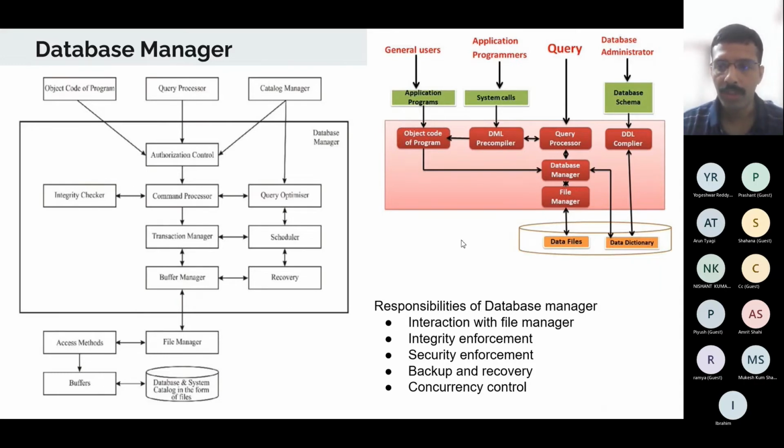Okay, one question from Nishant. In conceptual level, we see the records in the form of tables. Yes, Nishant. In the view level, we will see basically views, which have only the data that we want. In conceptual level, we are concerned about schema, so we will be seeing the records in the form of tables. And in the physical level, it will be actual bytes, each byte, how it is stored, things like that.